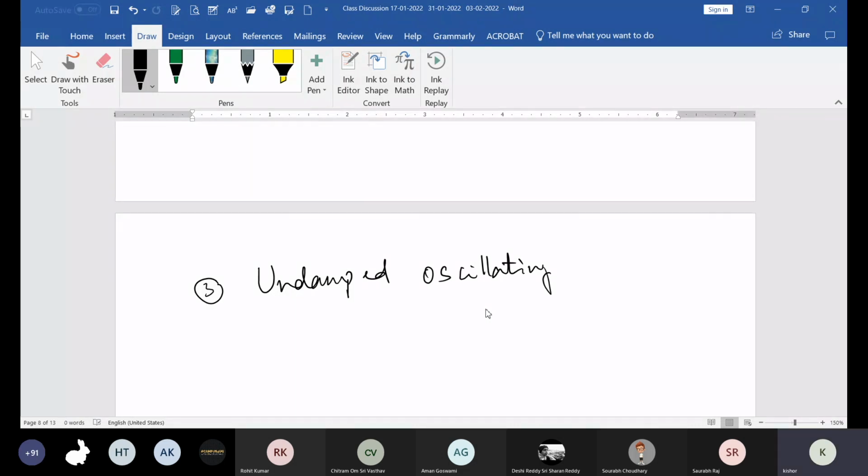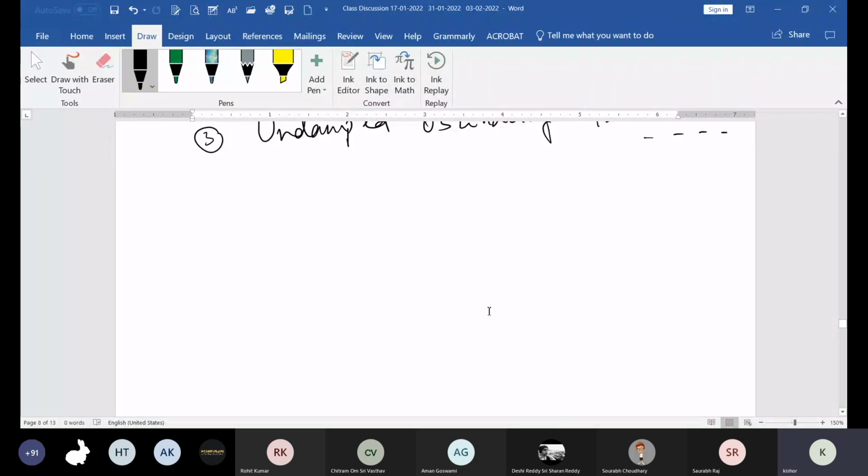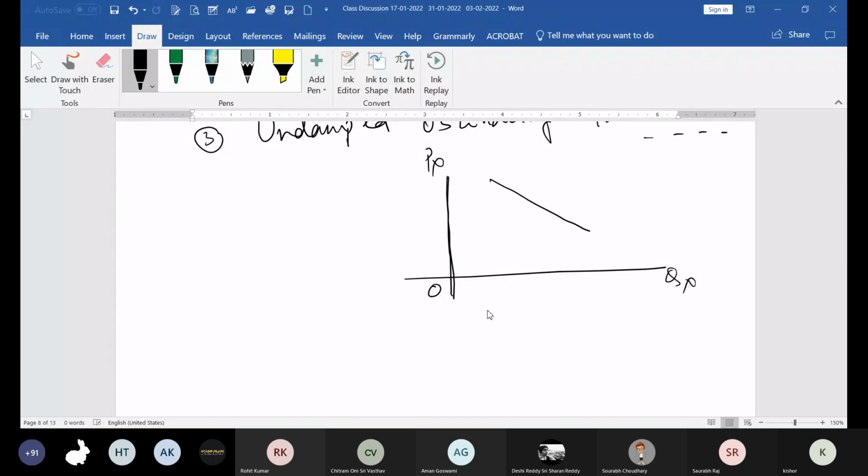Undamped oscillating equilibrium under dynamic condition. So what is happening here? When the slope of the demand curve is equal to the slope of the supply curve. Suppose then